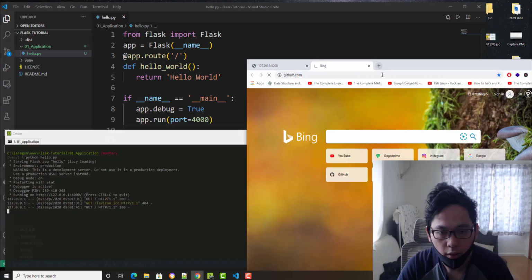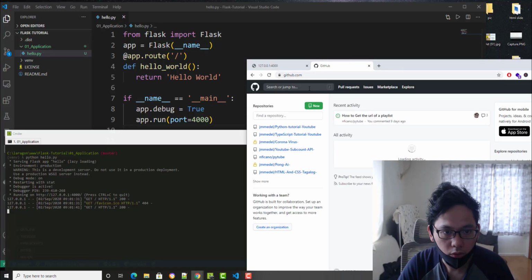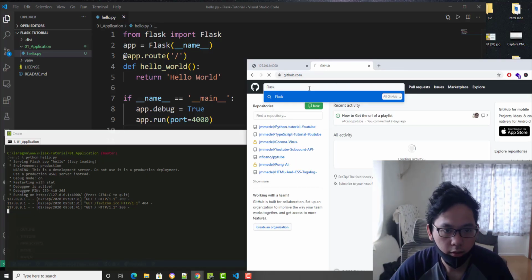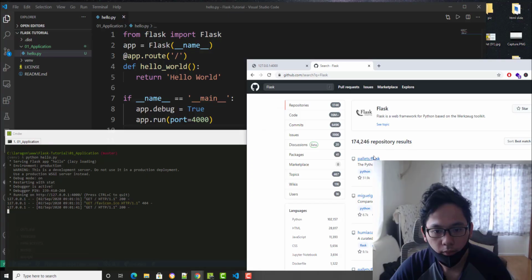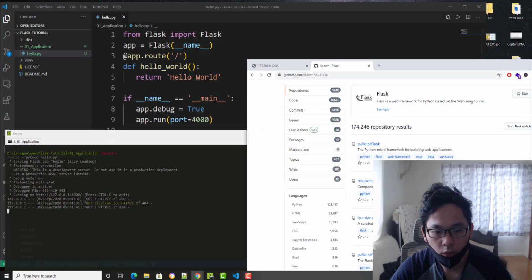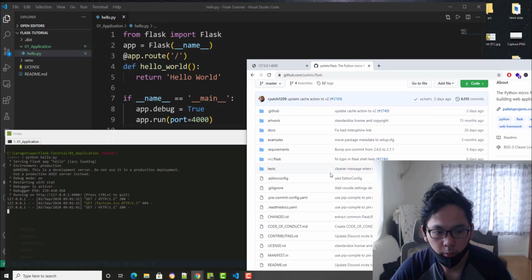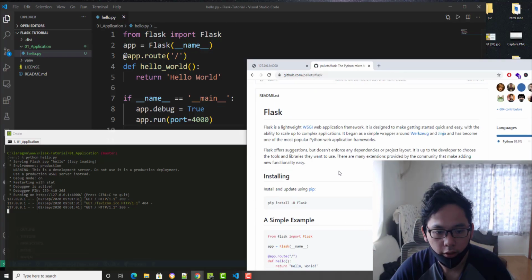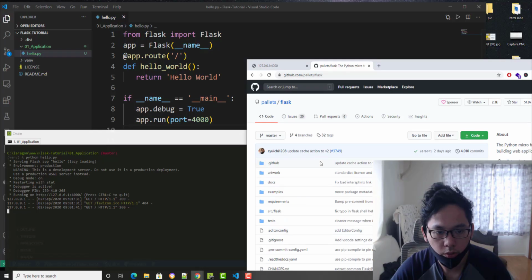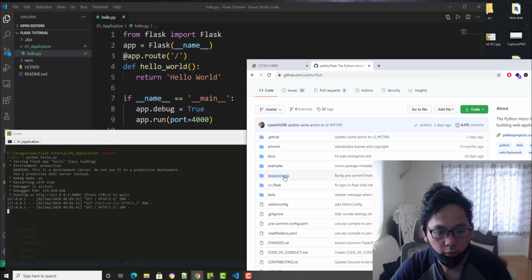So go to GitHub and go to Flask. I forgot where the most starred one is. So this is the right one. Okay, I'm not gonna find the entire code for this one, I think, on Flask.